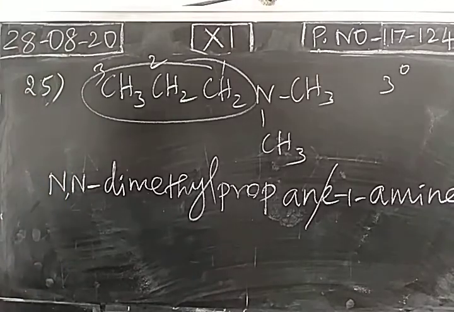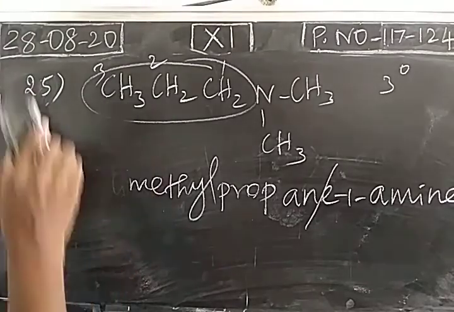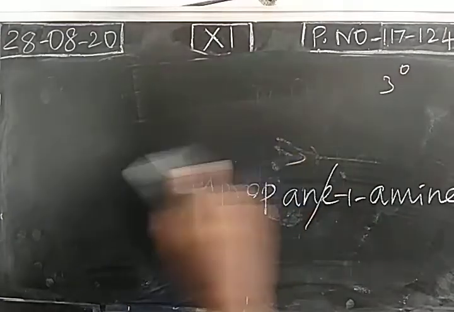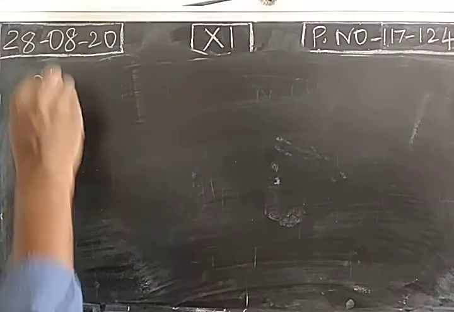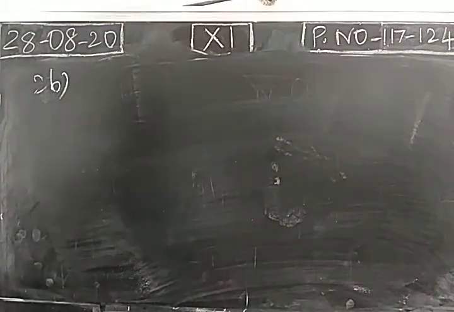So totally I have completed 25 compounds, IUPAC names of 25 compounds. So totally 33 compounds are available in our book. So any one will come as a public 1 mark, right? So I have completed 25. Remaining 8 compounds will be the homework. You just try yourself. If you have any doubt, you just call me. So I will mention what are the 8 compounds. You just take down in your note.